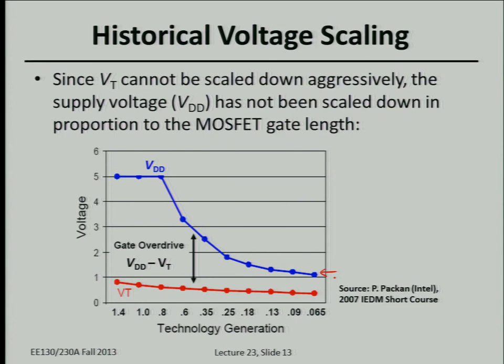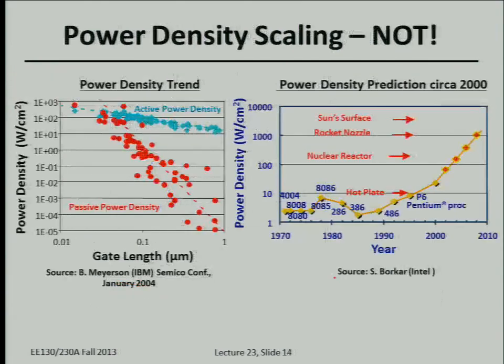If you want to have significant gate overdrive, VDD minus VT, then for reasonable circuit performance, you can't really scale down the supply voltage. So in the previous decade, people were just charting the trend in CMOS technology advancement. As we scaled down the gate length, we did scale down the threshold voltage, so the power wasted due to leakage current grew exponentially. But because we didn't scale the voltage proportionately to the transistor size, we ended up with also increased active power